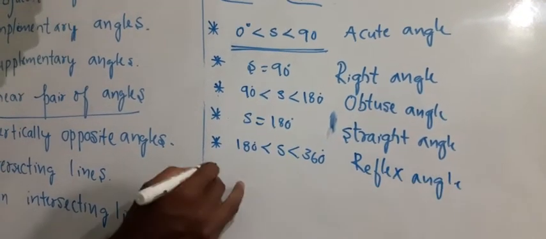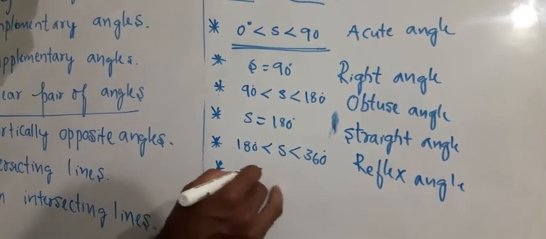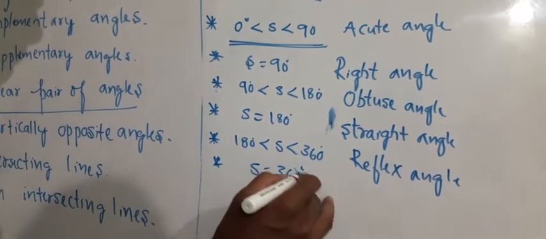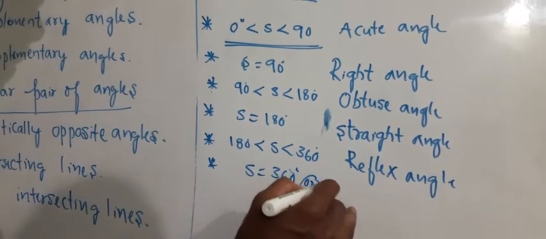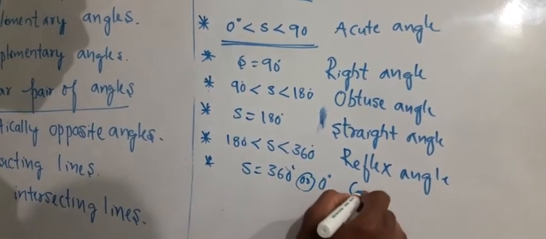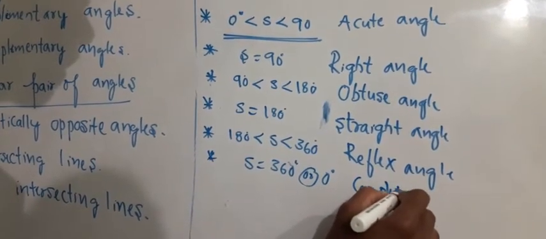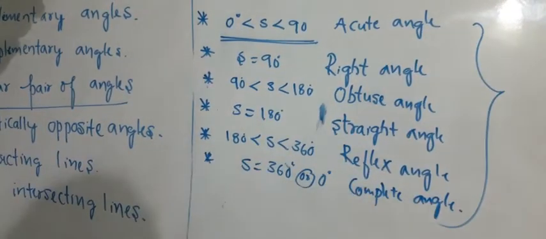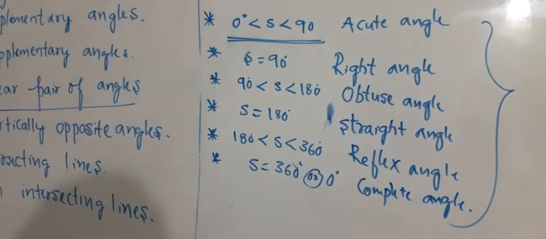If the angle is exactly 360 degrees or 0 degrees, we call it a complete angle. These are the six different types of angles. Next,